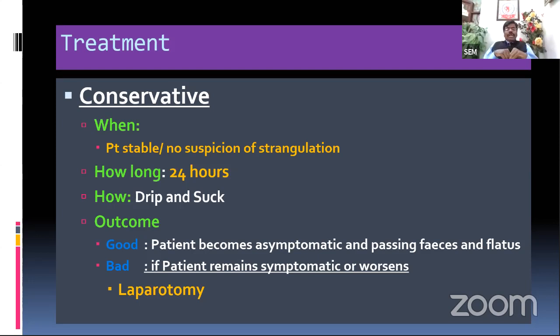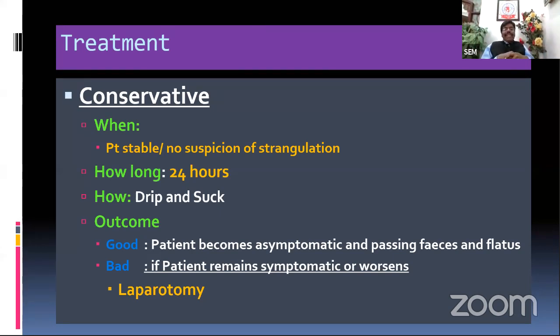Coming to the outcome, what is good? A successful outcome. For example, a patient comes at night, there is no guarding and tenderness, no strangulation. You put the patient a nasogastric tube, aspirate, there is Ryle's tube aspiration. Give some fluids, wait for 24 hours. If possible, you give him also a phosphate enema. So the patient passing flatus and feces means the obstruction settled by conservative treatment. Waiting game, some obstruction relieves itself. It can happen. But if the patient has persisting symptoms or develops some severe symptoms, then you need to